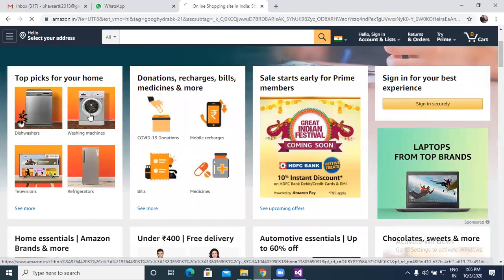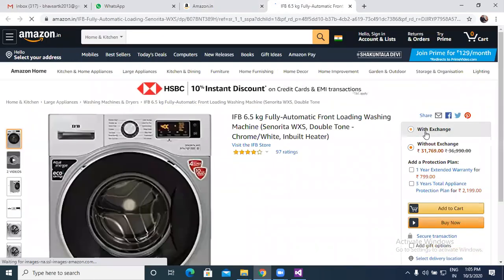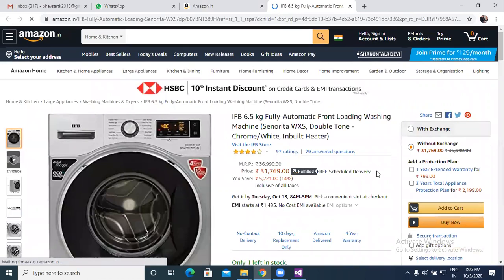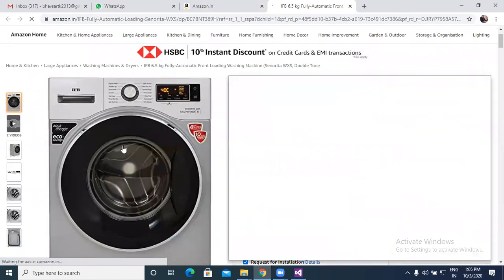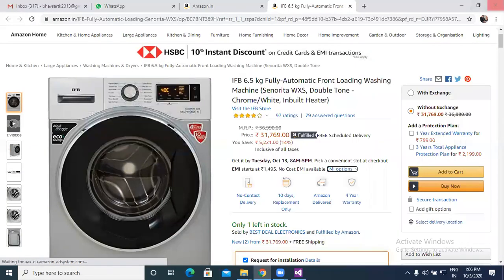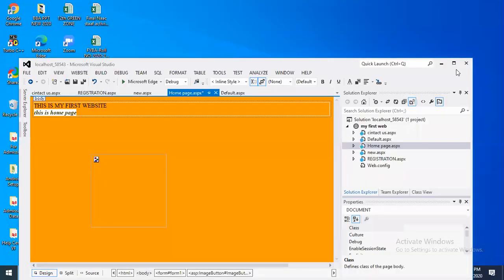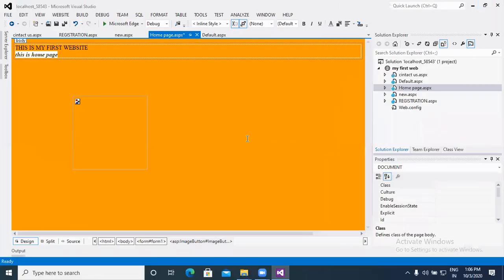We just click on it, and different kinds of washing machines are there with different prices, with the help of the image button. So this is the best example of displaying the image and the particular things of that product which we have to use through the image button. The image button is the most important part whenever we are working live.